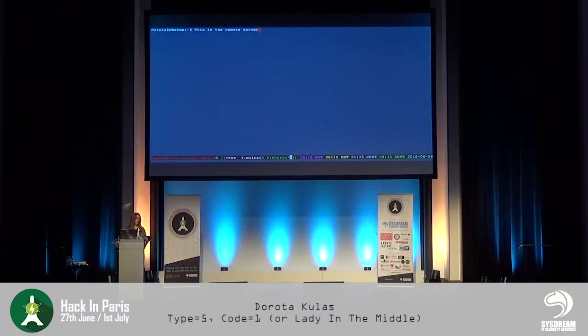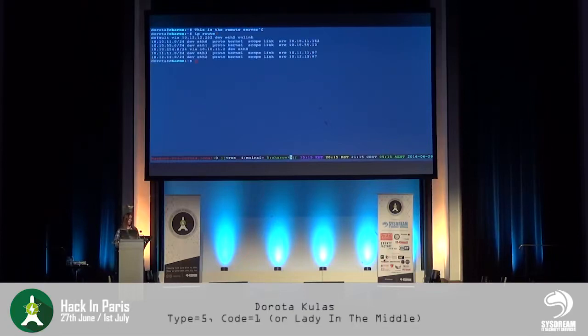And this is the remote server which will be attacked by the attacker. So the communication between the user and the server should go through the attacker box. Again, this server has a few interfaces. We use the last one,